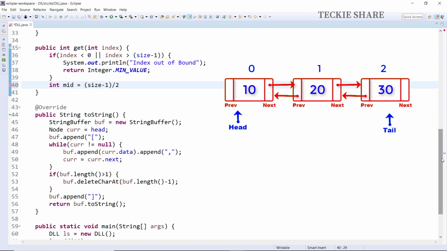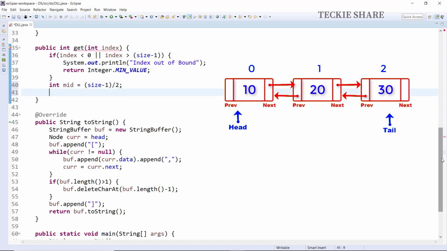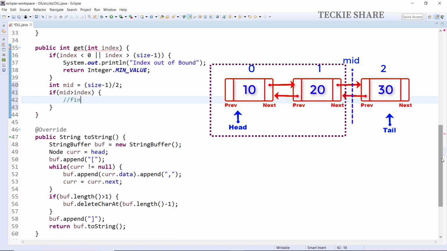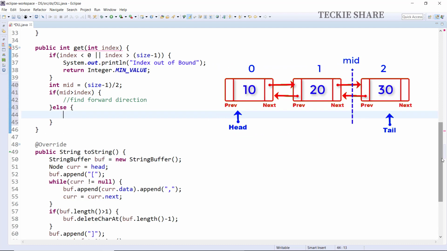Okay. So once you have found the midpoint, you verify whether your given index is less than the midpoint or greater than the midpoint. If it is less than the midpoint, you have to find the data in the forward direction. If it is greater than the midpoint, you have to find the data in the reverse direction.